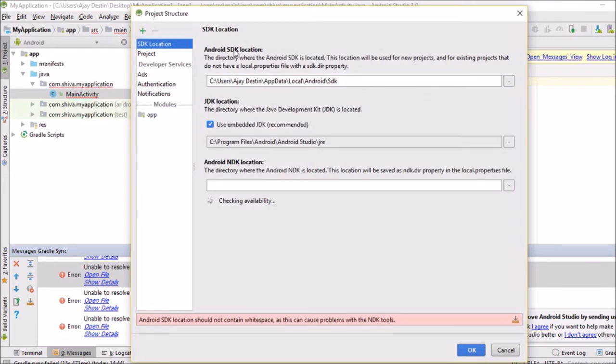और आप यहाँ देखिए कि ये Android SDK लोकेशन है. Here is Android SDK लोकेशन. This we have to set. Okay, so I already did that. I already set, so it is showing here, but I'm going to tell you how to set it. Okay,